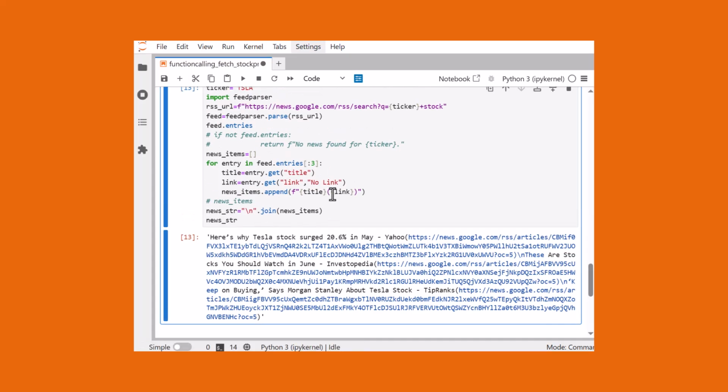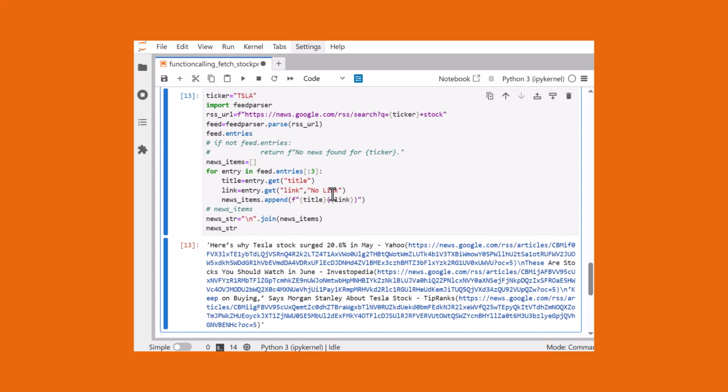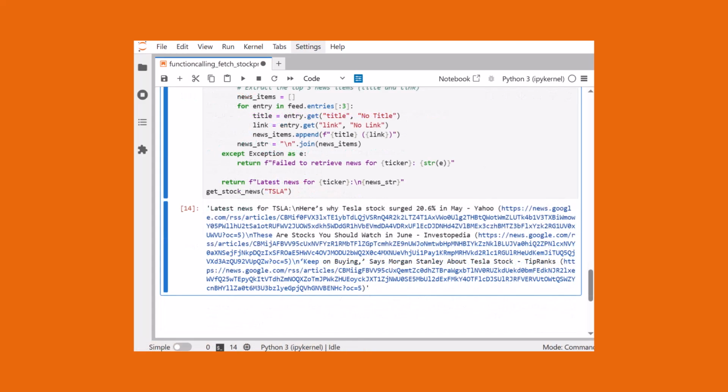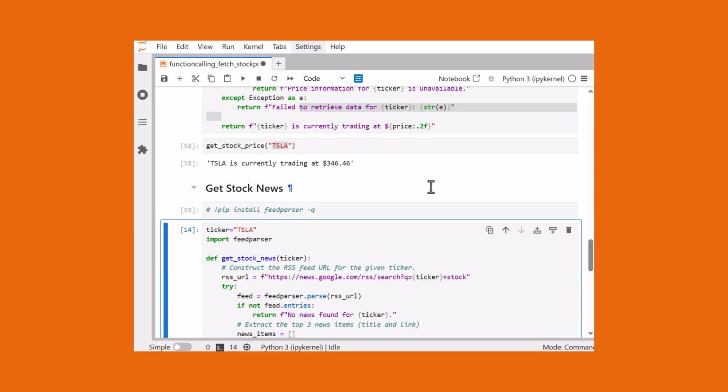So this is how it works, and now what we can do is simply convert it into a function, and we can also accompany it with a try except statement, and finally we can return this as the latest news for this particular ticker. So let's do that. So this is what we get. With this we are done with another function which fetches stock news, and while we described this, it deviated us from the original